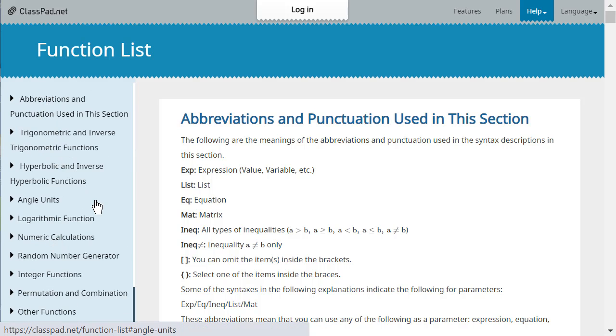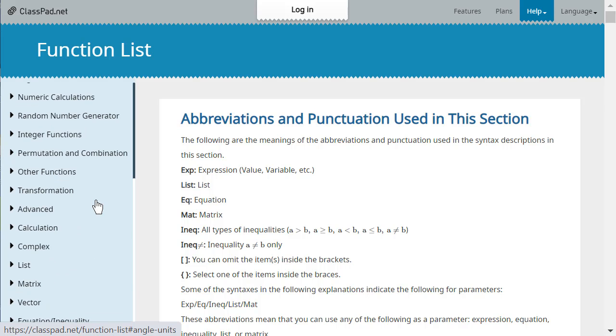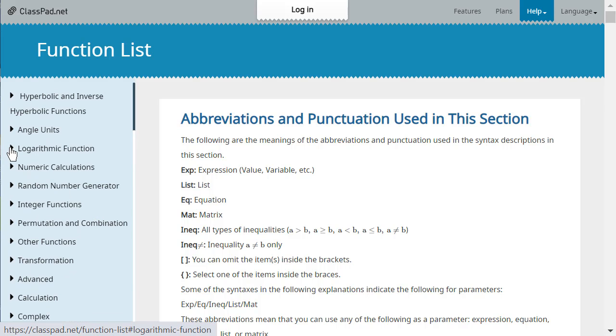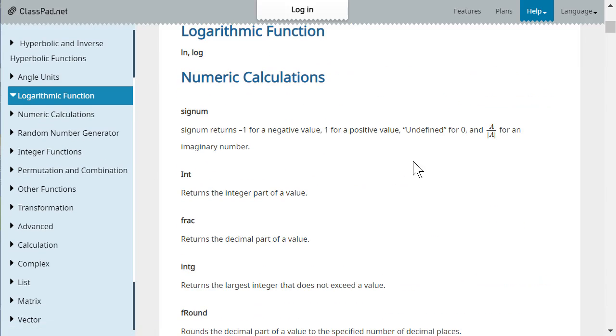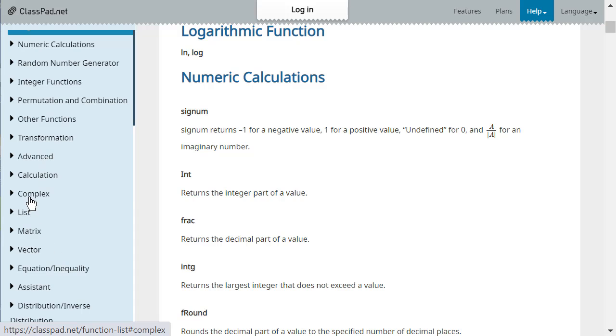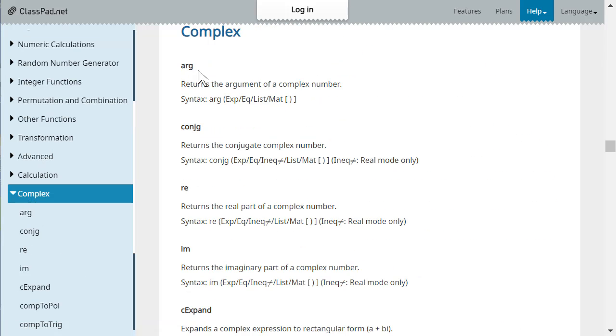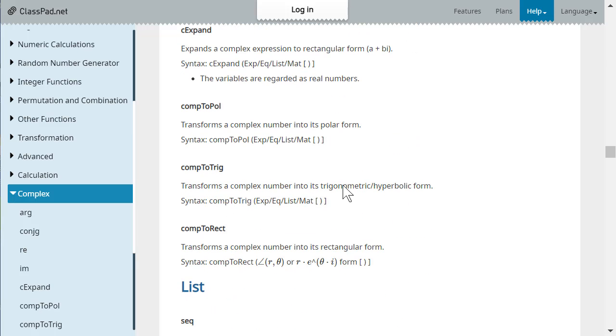You'll see that it has a drop-down menu over to the left. If you're looking for something very specific, like how do I enter a logarithmic function, you can go over to this, and if you click it, it goes right to that, and it shows you all the shortcuts and the syntax that is needed and describes each one of these. That is a really important feature, that it gives you the description of them. Same thing here. Let's go to complex. What does complex mean? Here are the different syntax, functions, and commands that I can use in my calculations